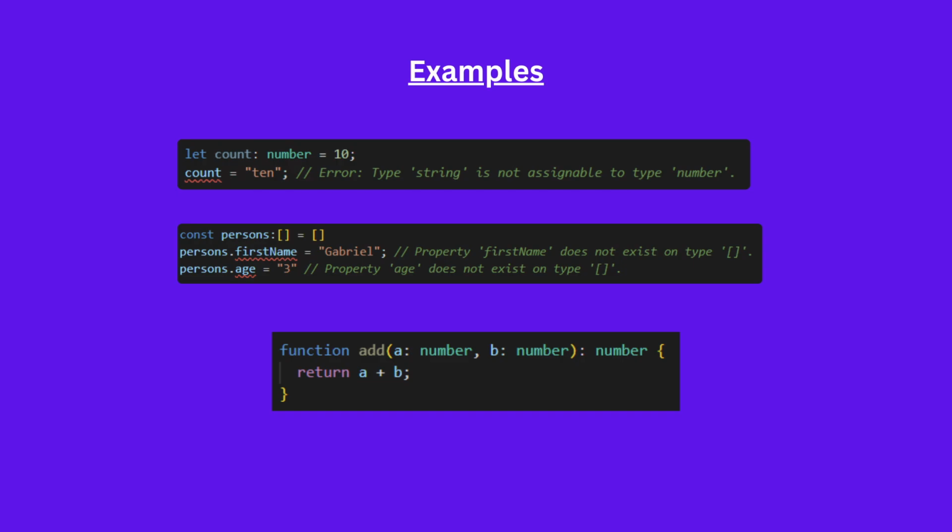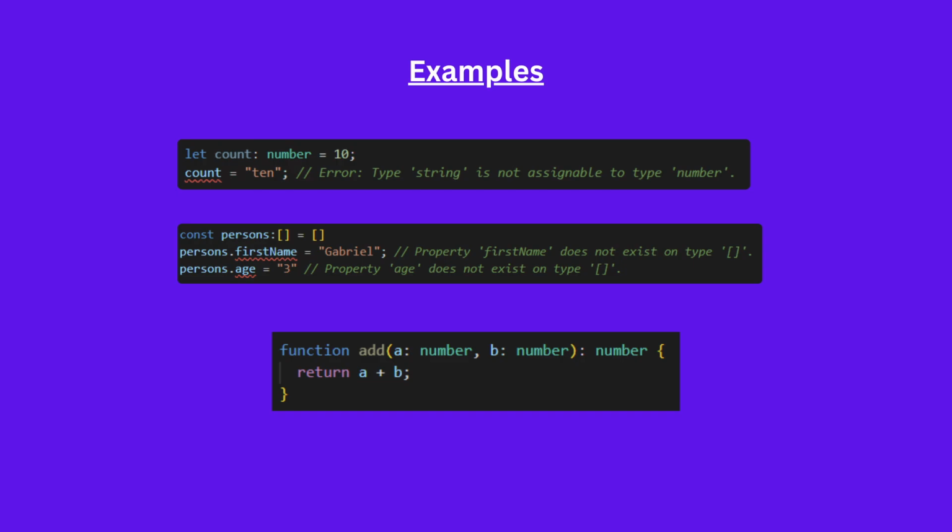But if we want to reassign this variable to something like a string, like in this example, to the string 10, the TypeScript compiler will throw us an error that says type string is not assignable to type number. So before even running the code, it tells you that this is not possible because it's going to be an